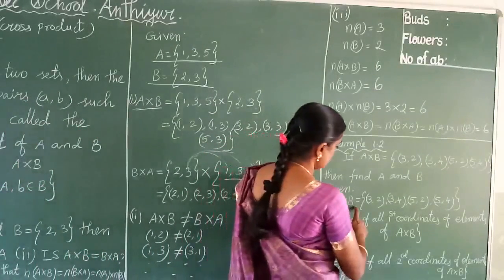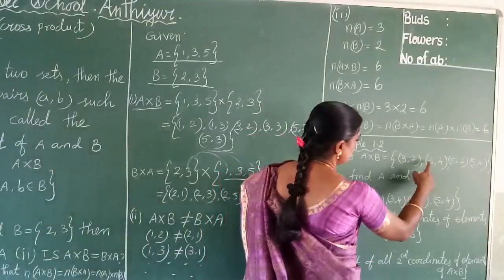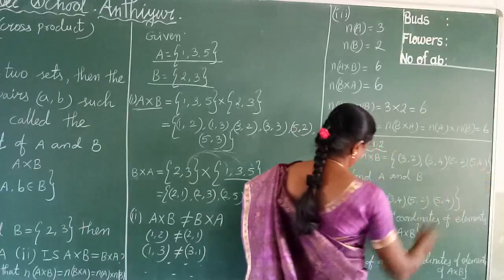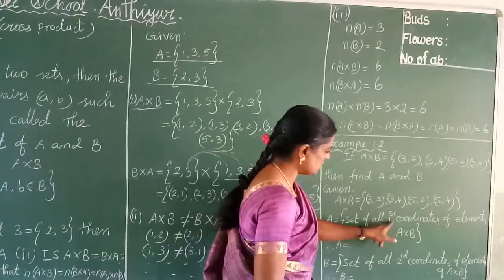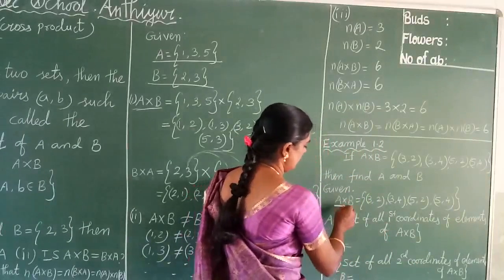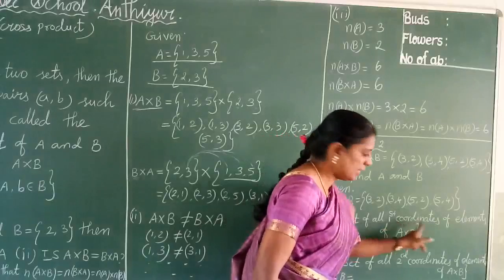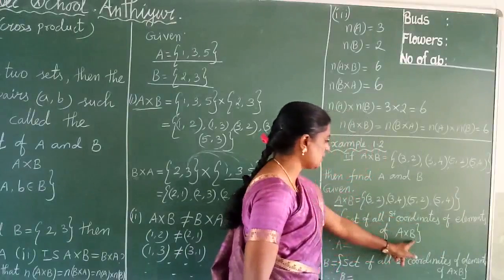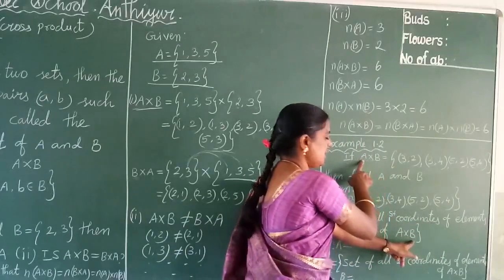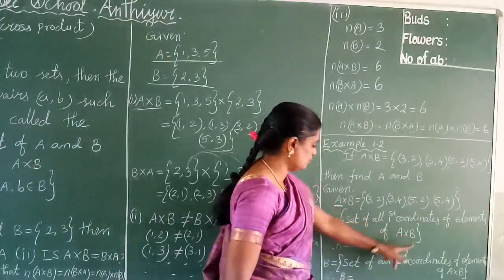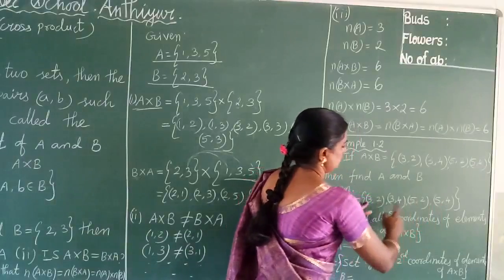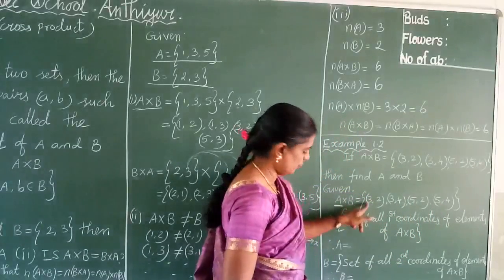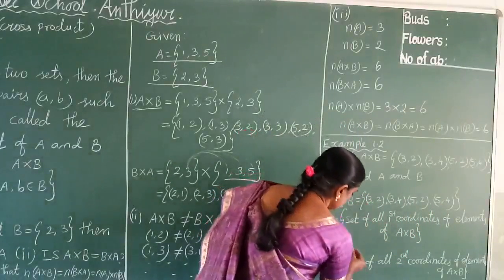So given A cross B is equal to {(3,2), (3,4), (5,2), (5,4)}. So how do we write? A is the set of all first coordinates of elements of A cross B, because A is the first one. In this A cross B, A is the first coordinate element. So what is the first coordinate? Here 3, 3 and 5, 5. So what is that? 3, 5. So A's answer is